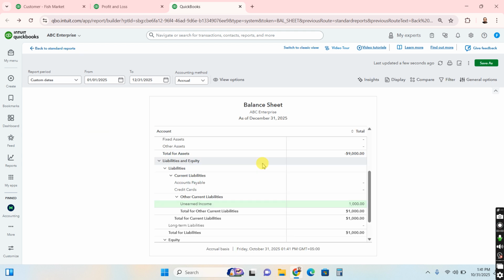So I hope you understood this detailed lesson regarding advance from customer, which some people call deferred revenue, some people call unearned income or unearned. That is how I taught you how to perform this unearned advance from customer in QuickBooks Online,